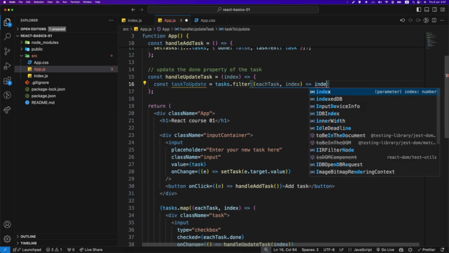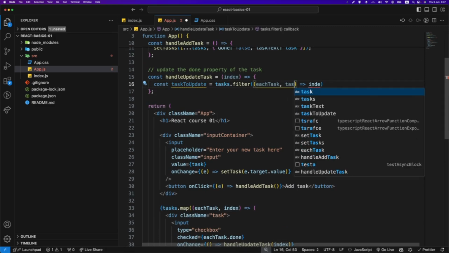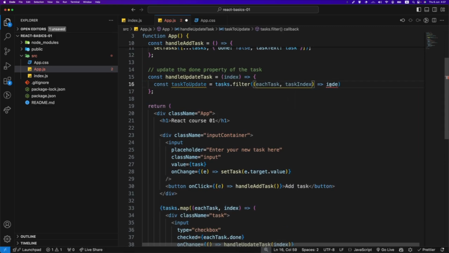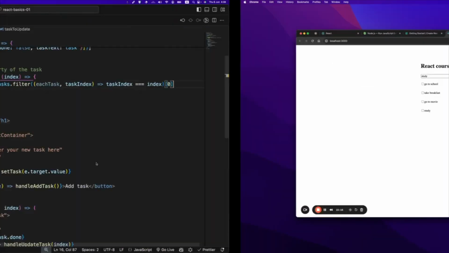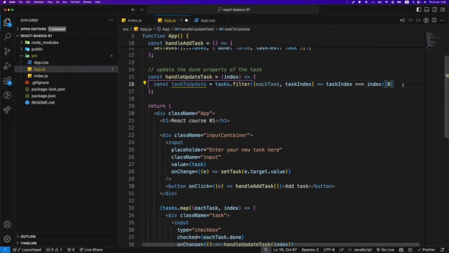Okay, let's filter where the task index is equal to this index. Okay, just a minute guys. Okay guys, so let's continue. So dot filter. This is also one of the ways that we can do it, but there's also a different way that we can